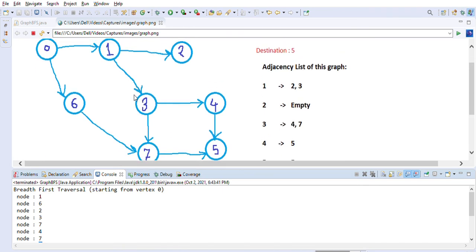You got it, right? So first you start with 0, then you go to 1 and then 6. So as you can see here, 1 and then 6. Then you will go to 1's neighbors, which are 2 and 3, right? So you are seeing here 2 and 3, and then you will start processing 6 after that, right? Once you process 6, then it will add 7 here, right? So it goes level by level. So 1 and 6 is one level, then 2, 3, 7 is one level. That's what you will see, so it is level by level. That is how the BFS works.